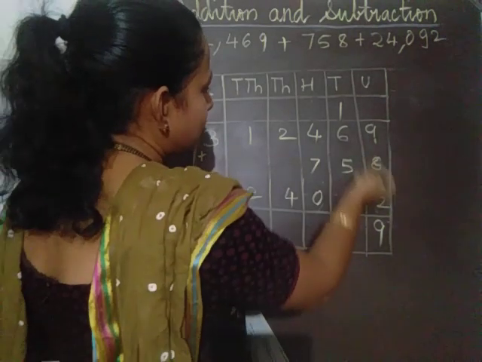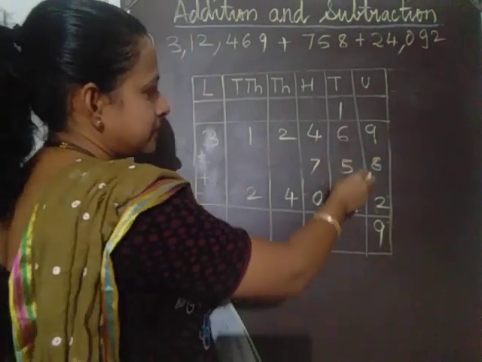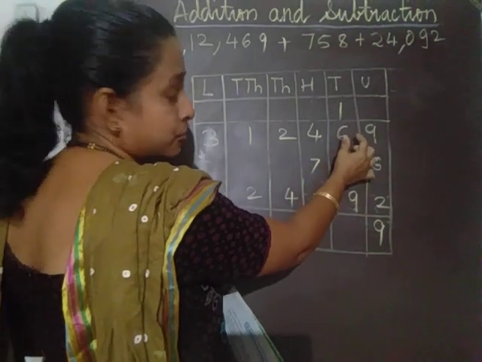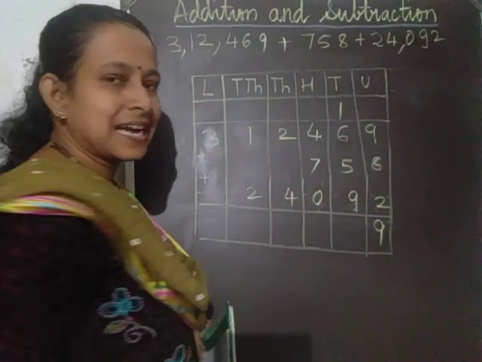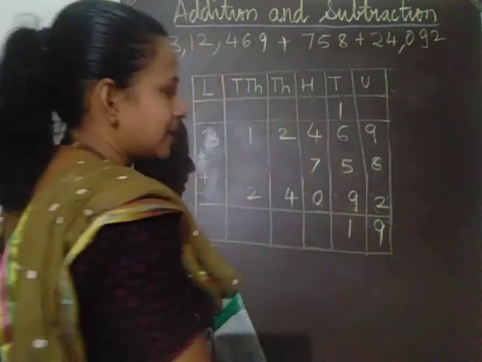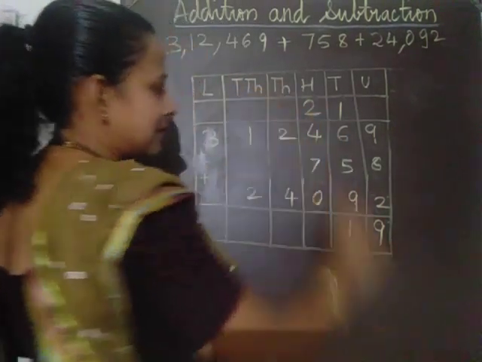Now let us again try to add. Now if you see, 5 plus 1 is 6. 6 plus 6 is equal to 12 and 12 plus 9. Don't count your fingers. It's nothing but 21. So 1 here and 2 is carried here above.